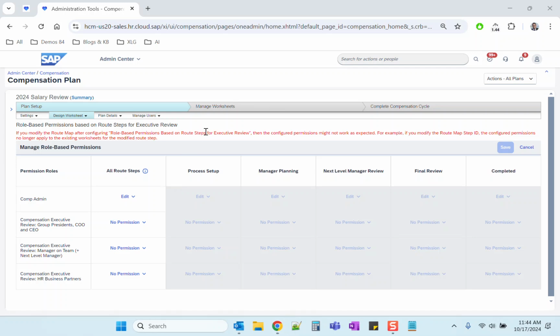Hello, in this recording, we're going to do a demo of the new feature for the compensation module in SAP SuccessFactors as part of the second half 2024 release, which allows us to control the executive review access of specific roles based on the step of the workflow that the worksheets are in. And we can do that template by template and it's dynamic, so it applies while the worksheets are in the